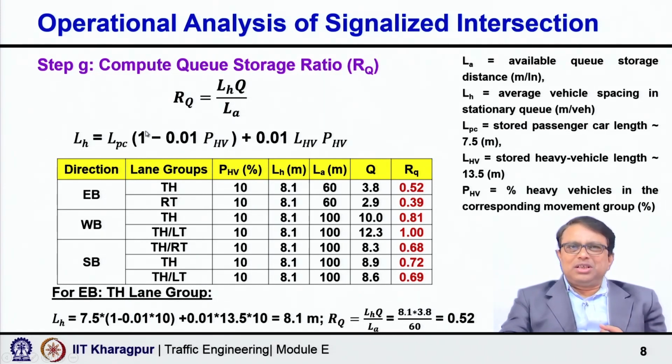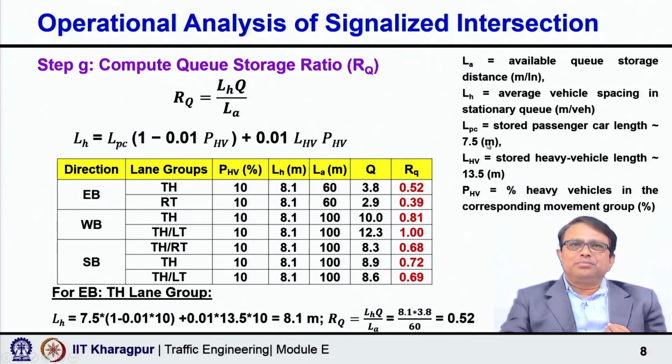If you have 10%, then this 1 minus 0.01 into PH will be 0.9, so 90% you have cars. So, 0.9 into LPC, the stored passenger car length, plus, if you have 10% commercial or heavy vehicle, then 0.01 into PHV, which is 0.1,